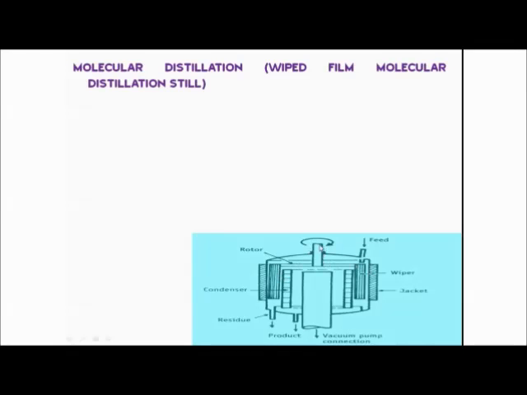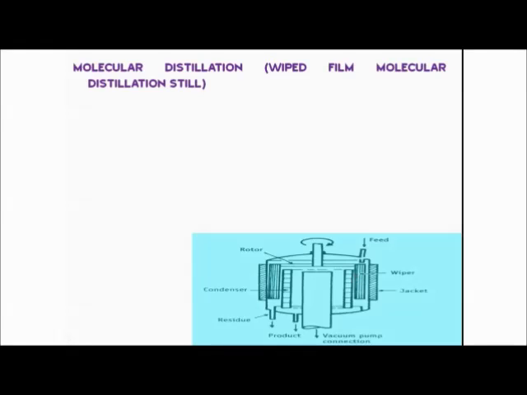This chamber is associated with a rotor. Now this rotor has two shafts. These two shafts are connected to these two wipers. This is one wiper, this is another wiper. These wipers are made up of PTFE, so it's a polymer, right? And these are the condensers, right? And these are the jacketed heaters outside. These heaters will heat up the liquid as it forms the film.